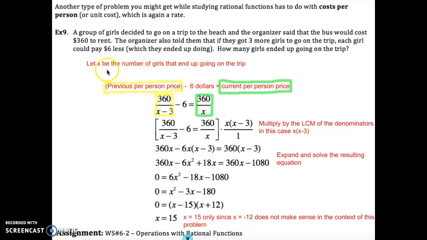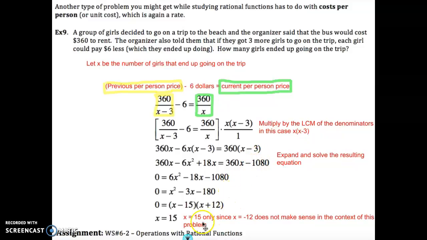In this case, we want to find the number of girls that actually end up going on the trip. We know that the previous per person price was reduced by $6 if 3 extra girls went. So I'm going to call that the current per person price. The current per person price is going to be 360 divided by the number of people that actually go. We're letting that be x. The previous price is that 360 divided by the previous amount of people that were going, which is x minus 3. And so again, we establish that rational equation and we use the same techniques,